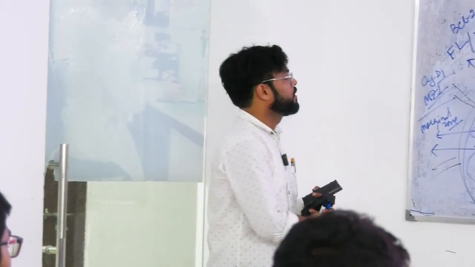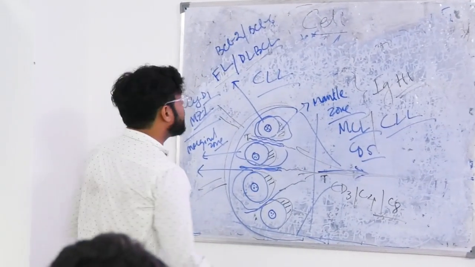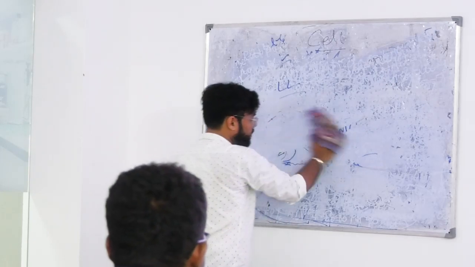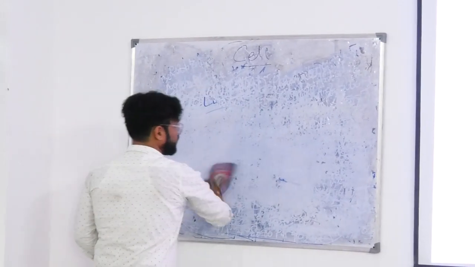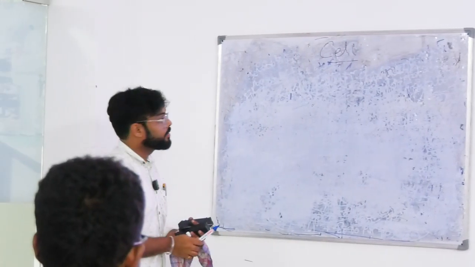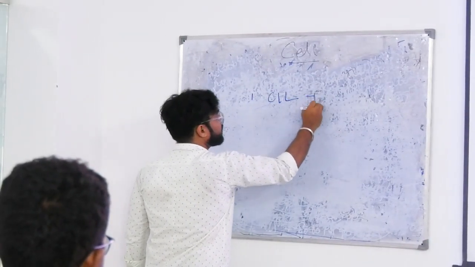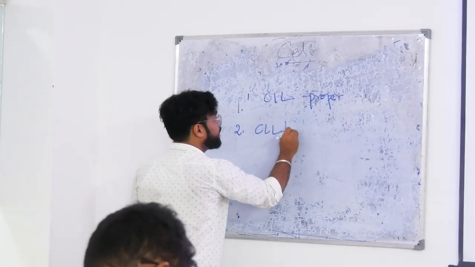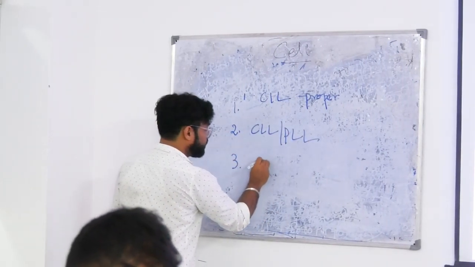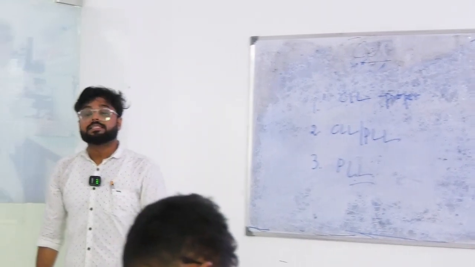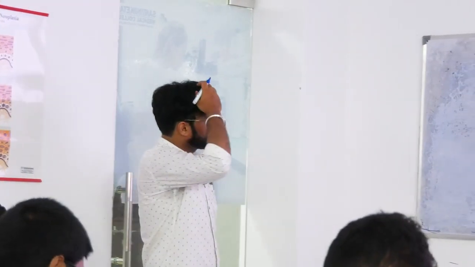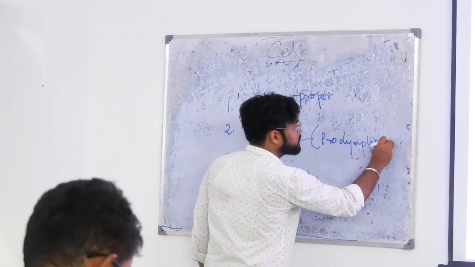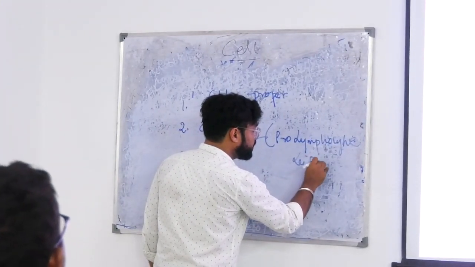chronic lymphocytic leukemia. So if I classify the chronic lymphocytic leukemia, lymphoma, that can be classified in mainly three categories. CLL proper, second CLL PLL, and third PLL. CLL proper means... বলছি, আমি PLL ফুল ফর্মটা বলি, প্রো লিম্ফোসাইটিক লিউকিমিয়া।